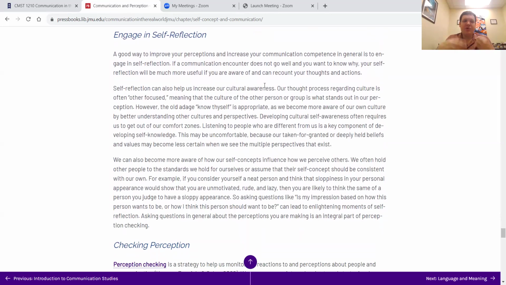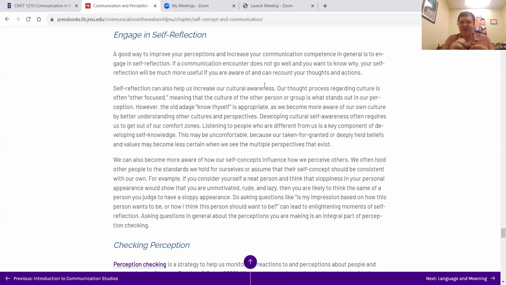Another way to improve our perception of other people is to engage in some self-reflection. So, understanding your own biases around what we view as the norms. I think traveling abroad, if you're able to do it, is a great opportunity to understand ourselves better and reflect on ourselves and how things can be different. If you just go to touristy things, you may just deal with more American culture, but certainly, if you push outside of that, there are ways to get yourself challenged.